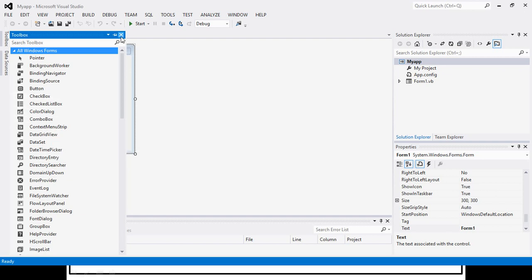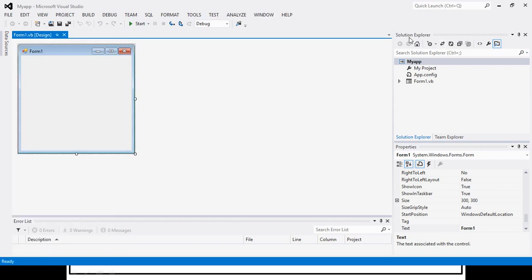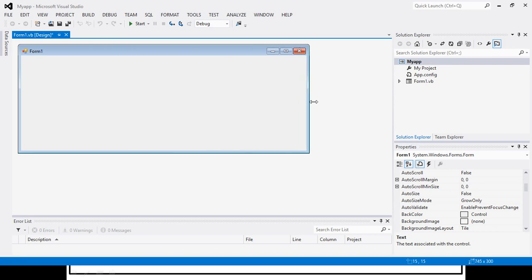In that we are having many tools that we can use in our form design. Okay, now here we are having Solution Explorer. In that our project is given, and in that we have one form, and here is the property window. So whatever control we select here, that control will have many properties. We can set and change the properties from this property window. Now this is the first control, the form control, that I have selected. You can see the selection of that form.